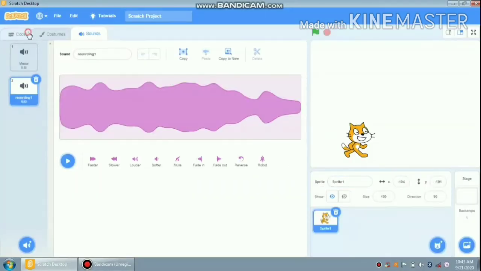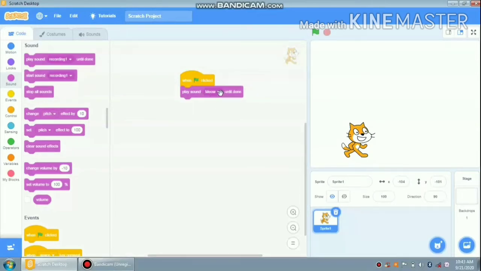Go to the code tab. Then from this drop down arrow you can select recording one, which we have recorded previously. Now execute. Hello world. Clear how you can record your own sound? So this way you can give sound to your sprite.